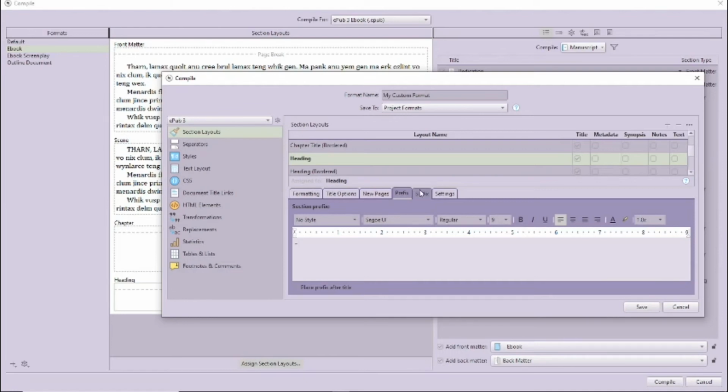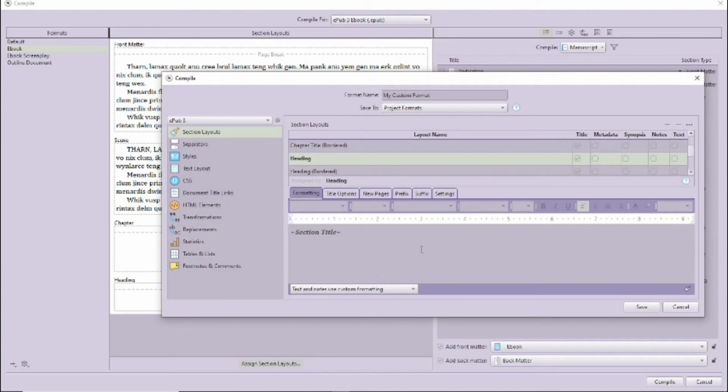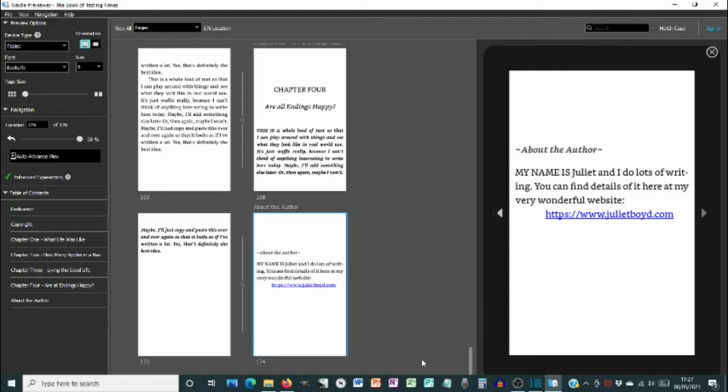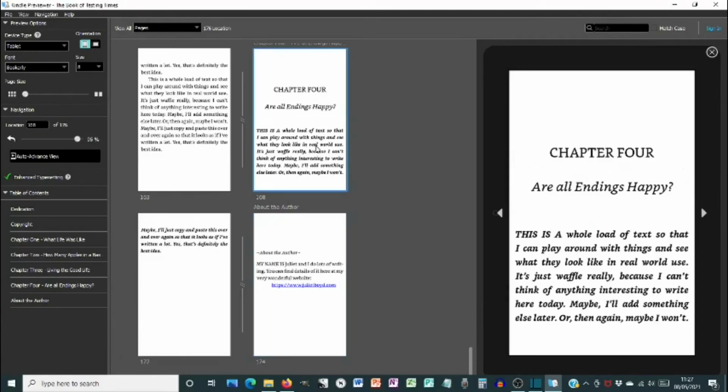In Prefix and Suffix you can add text characters before and after your title text if you wish. This, of course, is standard text for all titles, so will usually be something decorative. You can, of course, add these in the editor too. Okay, let's compile what we've got. The layout I chose to change was only applied to the back matter. Of course, the chapter headings haven't changed, so you'd have to go into that layout and change them separately to make sure all the titles are consistent.